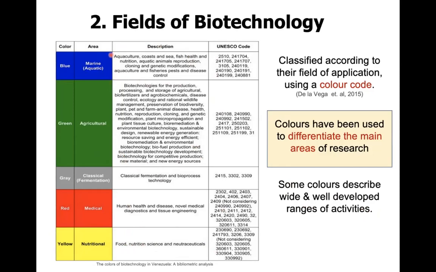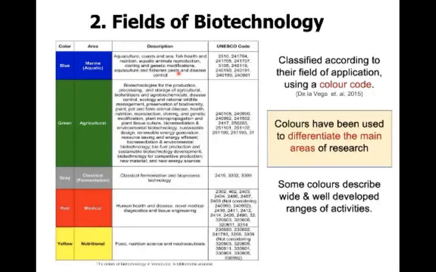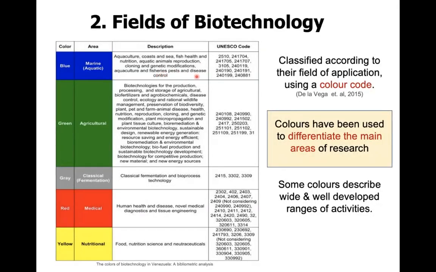So kalau you tengok blue, banyak dia punya ni, but mainly on life under the sea lah. Maksudnya melibatkan sustainable development goal yang melibatkan water. Okay, so blue ni ada aquaculture, ada fish health, ada nutrition, ada cloning and genetic modification, selalunya dalam breeding of the aquaculture punya organisms, and then ada fisheries pest and disease